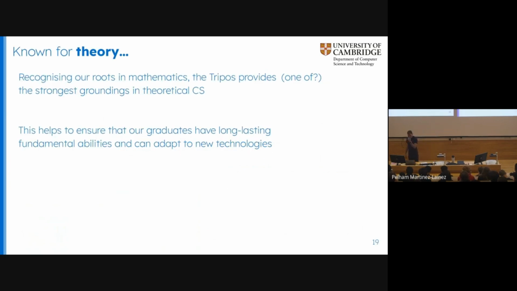Now, if you ask people, why would you do computer science in Cambridge? What you often get told is, oh, yeah, that's a theoretical course. They do theory. I think that's a bit of a misnomer, but it is important to recognize this. The roots are in mathematics. The Tripos probably gives you the strongest grounding in theoretical CS there is in the country. I say that without having done any particular research, but I'm fairly confident that's going to be the case. We are very theoretical, or at least we offer very theoretical points.